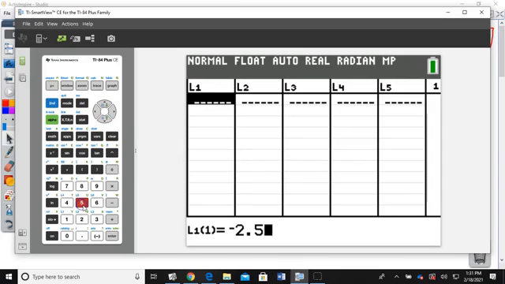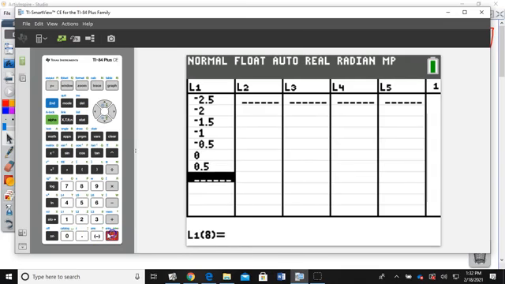Negative 2.5, negative 2, negative 1.5, negative 1, negative 0.5, 0, 0.5, 1, 1.5, 2, and then on the other side we had 12,